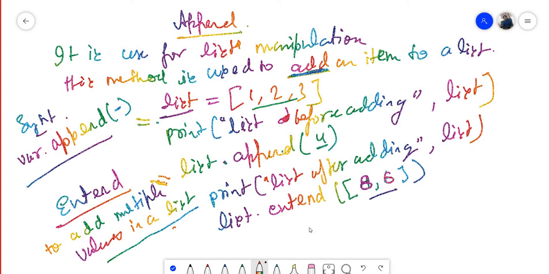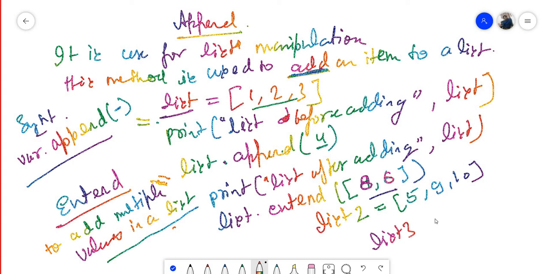Now suppose that here it is list 1. Suppose I have defined one more list, list 2, equal to 5, 9 and 10. Now if I want to add two lists together, what will you do?